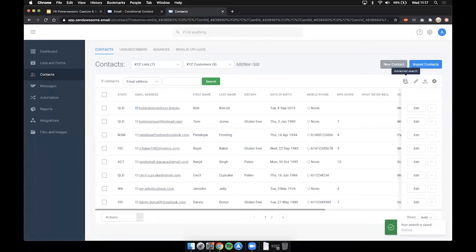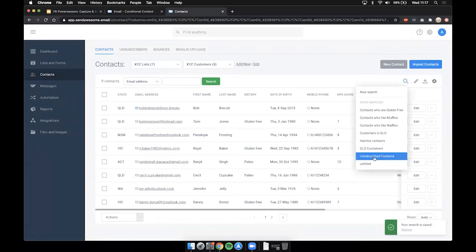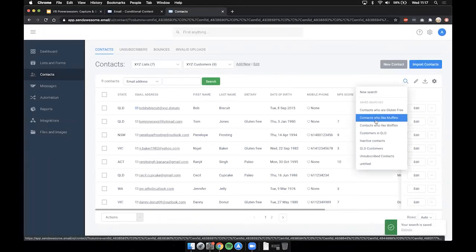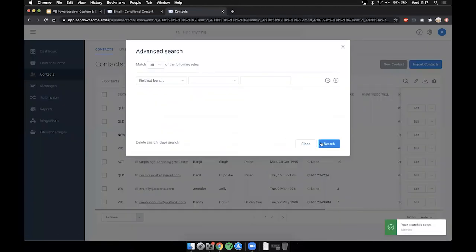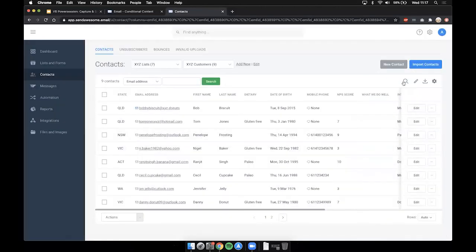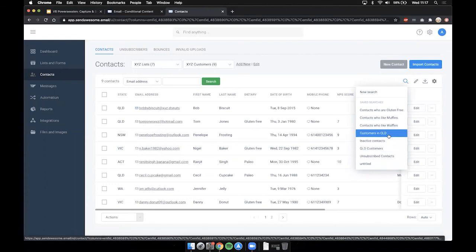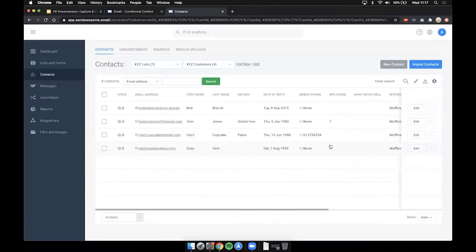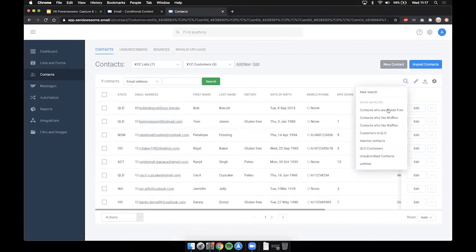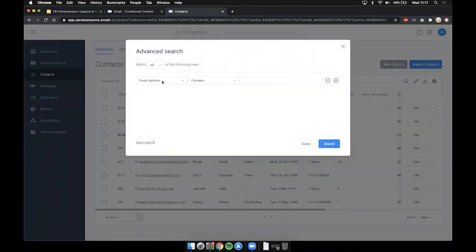So if I quickly want to run that search, I go to Advanced Search, and then customers in Queensland, sorry, this is one we did earlier. Click search, and there we go. We now just have our 4 Queensland customers showing up. I can, of course, build on that search as well. So you could do customers in Queensland